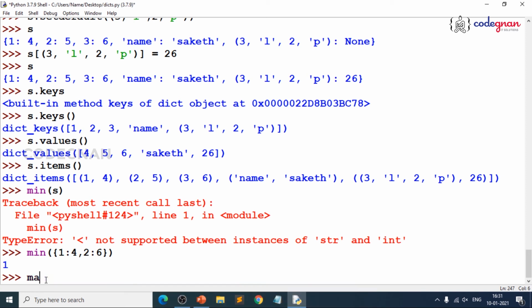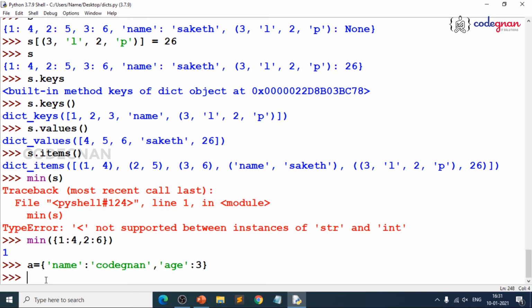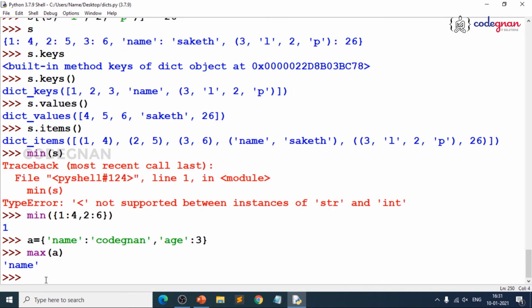Either you take an example directly or store it in a variable. Just make it simple. When I write a is equal to name of Codenan and age is 3, and I try to give max of a, why did I not get an error? Because you have keys as strings.